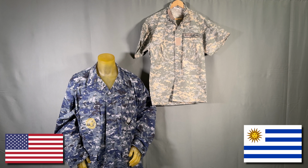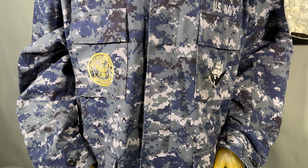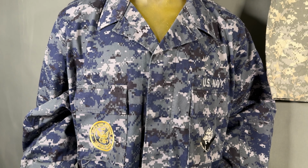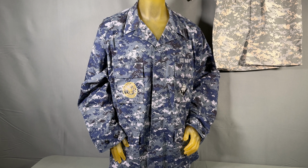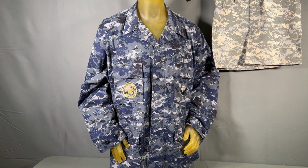The US piece on the left is a top to one of the 4 experimental sets issued to a handful of sailors when testing out a new uniform cut in camouflage pattern in the early 2000s. Known as a task force uniform, these were also identified as Navy working uniforms but had A through D to denote the experimental version. This one is D, a digital pattern, which looks like the adopted version, but if you